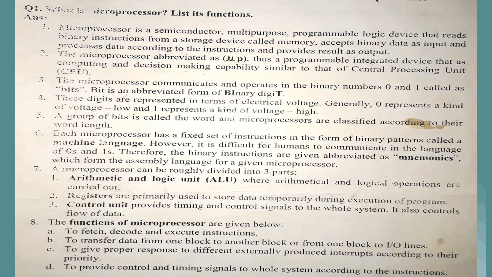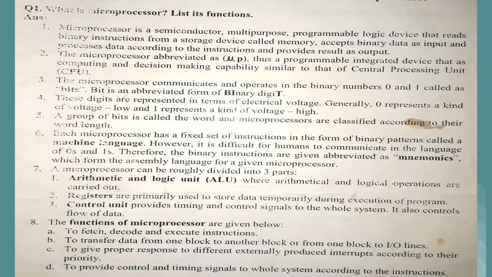Like 8085, there are so many microprocessors which are designed. This is actually a very old microprocessor, and it was very famous during those days. As the technology improved, the instruction set of the microprocessor actually increased. A number of instructions were developed and added inside the microprocessor, so that the microprocessor is able to perform many new tasks. That is what we are going to learn in the evolution part.